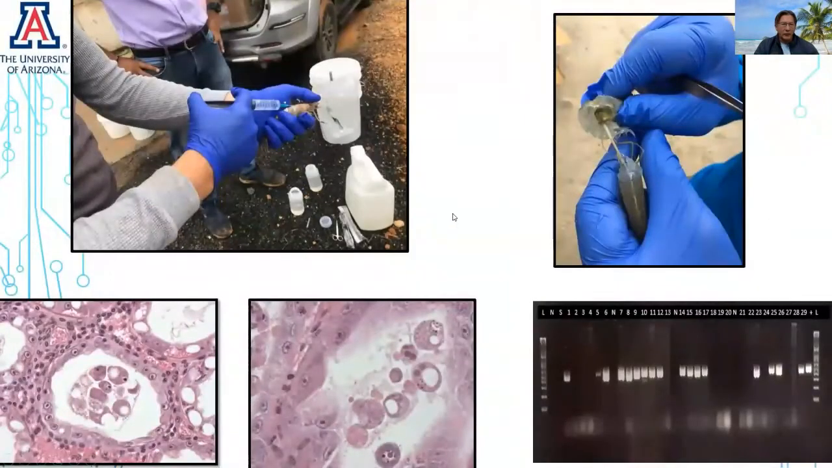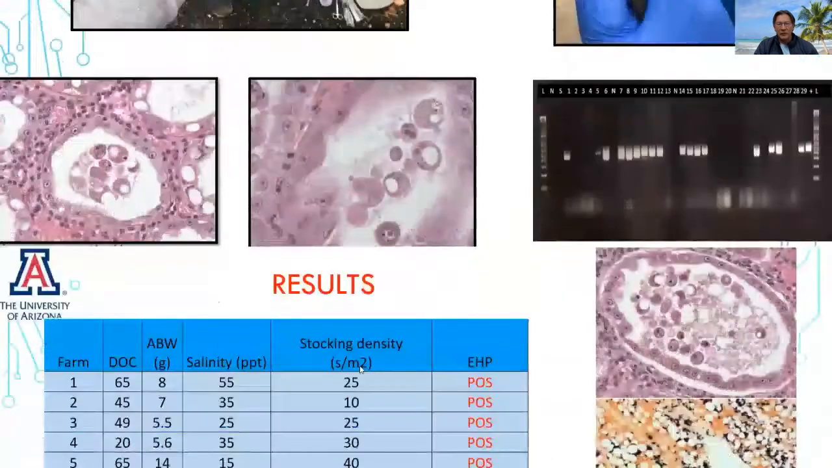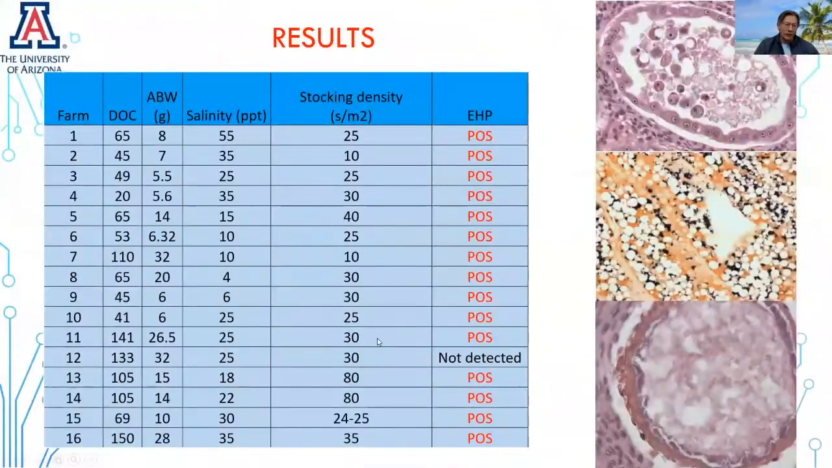We followed the same procedure. We took samples for histopathology and samples for PCR. We were able to confirm by the two methods the presence of EHP in the WFC affected ponds. So here we have the table because I just wanted to compare that basically EHP was found in